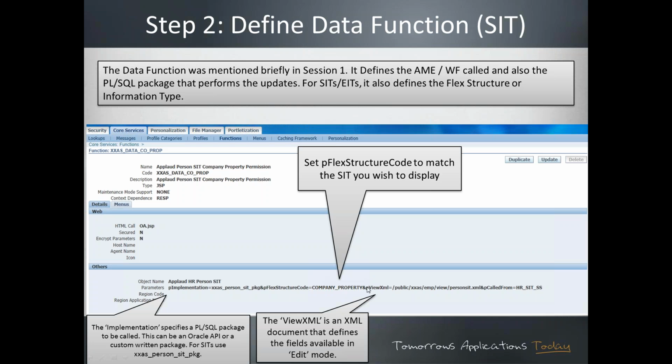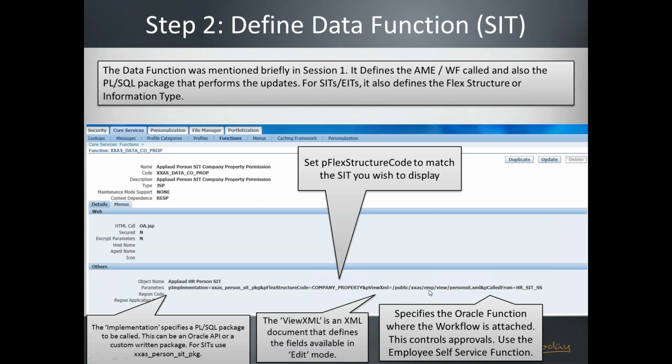Then you have this view XML. This basically defines the behavior in the edit window and which fields are available by default. Again, you don't change that, but just notice it says person sit.xml there. Never change that, just keep that the same. And then this p called from is the function that sits on your employee self-service menu, and what we do